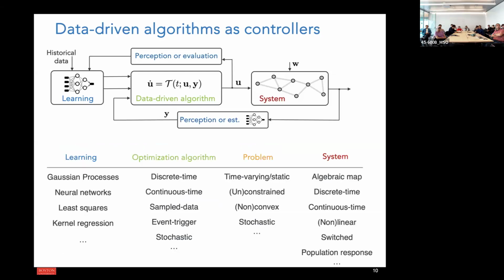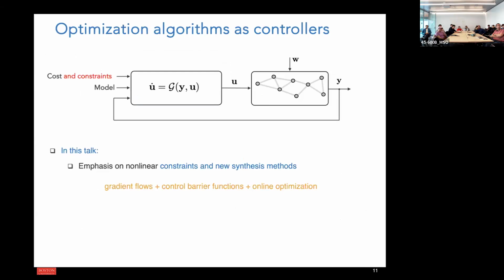So this gives you, as an idea, many different combinations of setups that we consider, depending on how you model the system, whether it is an algebraic map, a discrete time dynamical system, or a continuous time dynamical system; the class of problem you are considering, convex, non-convex, static, time varying; the particular class of optimization algorithms, discrete time, continuous time; as well as the particular learning component you put in. So you can explore all different combinations, but for today's talk, I'm going to be focusing on